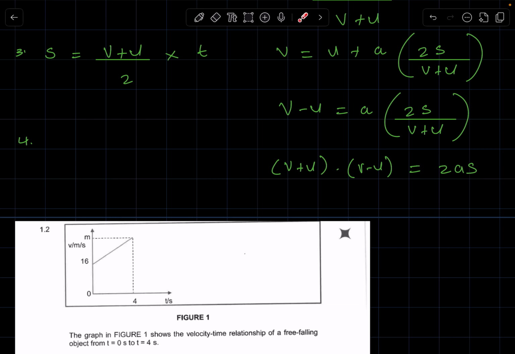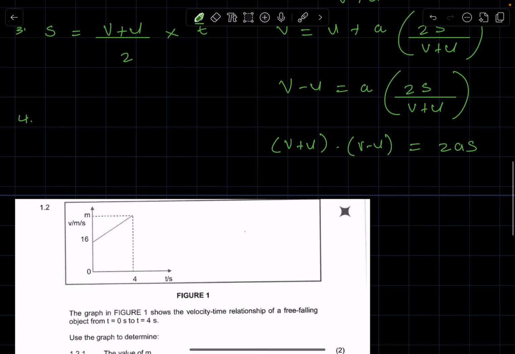2as. Now for maths, if you look at this, here is a difference of two squares. Bearing that in mind, it means here you will essentially be left with v squared minus u squared is equal to 2as. If you are not familiar with the difference of two squares, all you have to do here